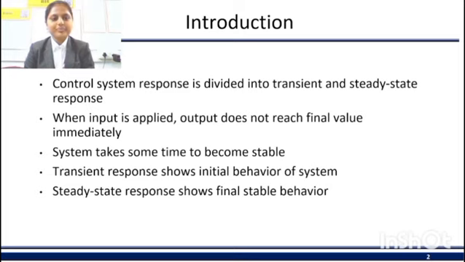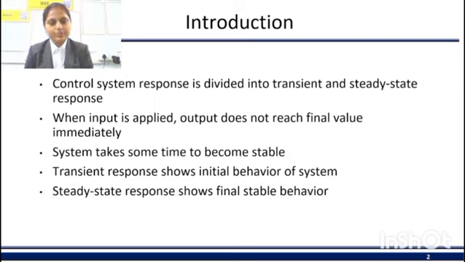In a control system, when an input signal is applied, the output does not reach its final value immediately but changes gradually with time. The responses have two types: steady state response and transient response. This overall behavior of the output is called the system response, which is divided into two parts: transient response and steady state response. The transient response represents the initial behavior of the system